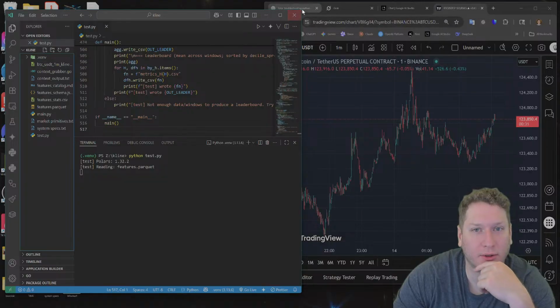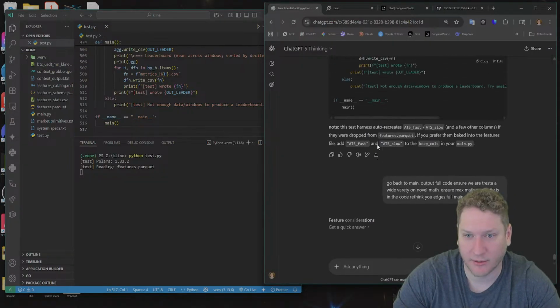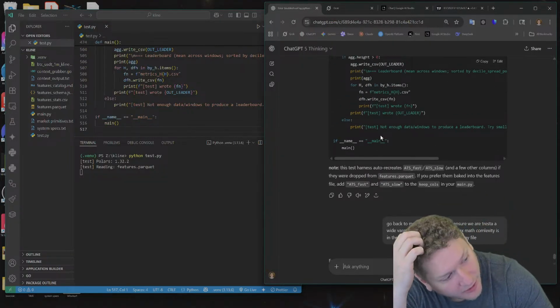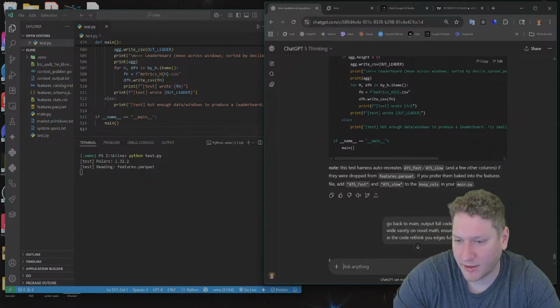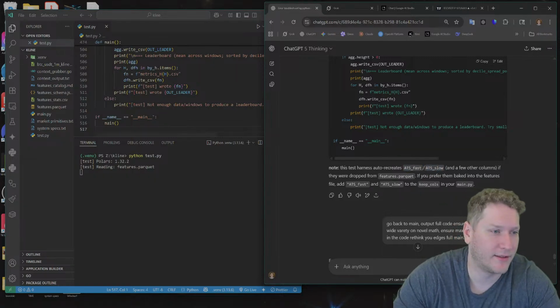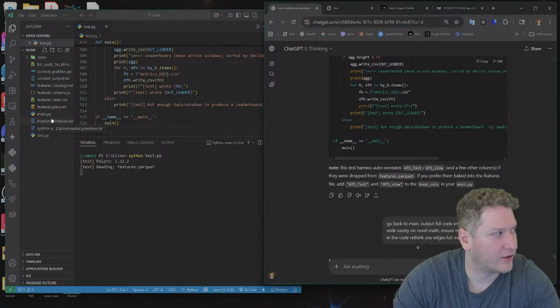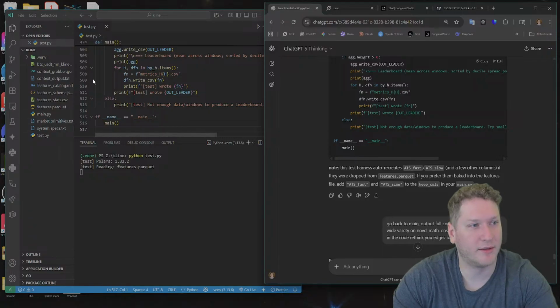So, just waiting on the test here. We're gonna redo our main.py because for some reason it wanted to throw in these new indicators in the test feature, which is not what we wanted.